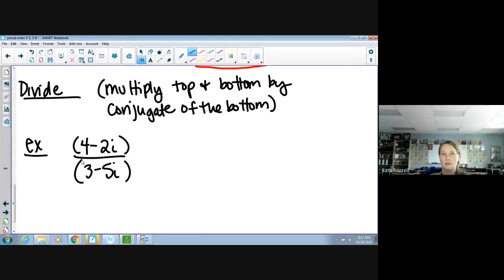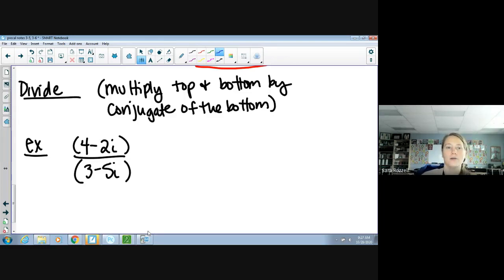You're normally not given the problems in parentheses form like that, but I always put parentheses around them because I know I'm going to have to do some foiling. So it just kind of saves a little bit of time, and it makes you remember that you're going to have to multiply. So if I had 4 minus 2i divided by 3 minus 5i,